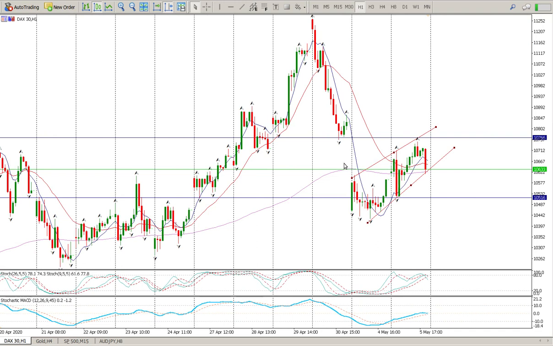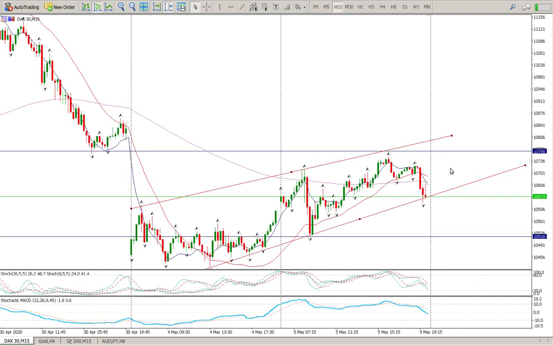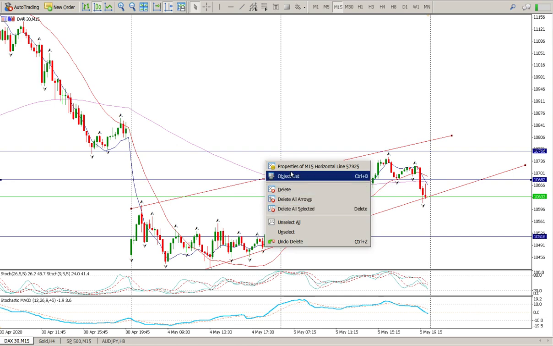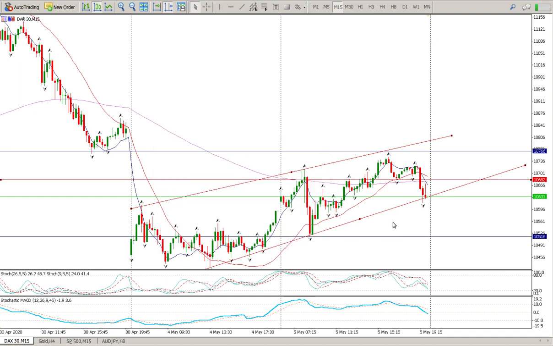So what exactly are we looking to do today? I think I'm going to want to come down a little bit further. I do have fractals to the upside here. I've got a lower low here, and I broke through. Just change that to a red for us quickly. Okay, so